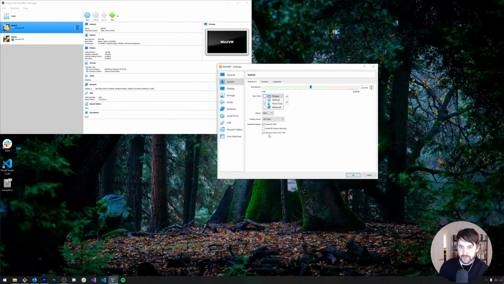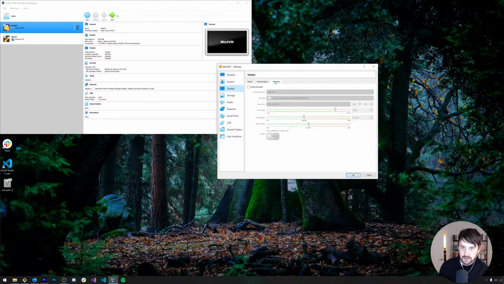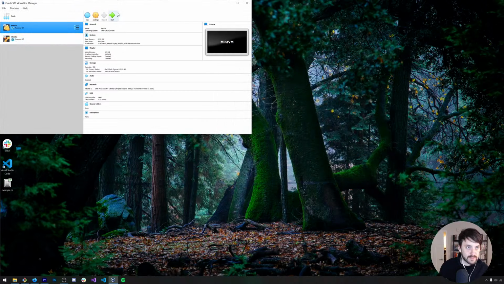And I don't know enough about VMs to know what I/O APIC is. Which machine will support input-output APIC, which may slightly decrease performance. Yeah, we're going to disable that. Hardware clock, I'm not sure. Chipset, I'm not sure if that's going to make any difference. Video memory, a bunch of video memory, and yeah, I don't know. Hopefully this makes it a little bit less laggy. If it doesn't, we'll just have to deal with it for now.